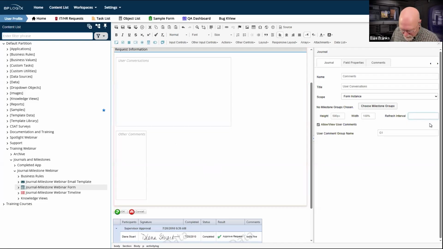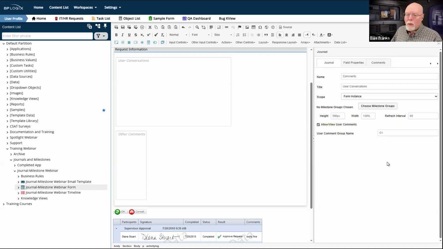So let's say I set it to do it every 60 seconds. And even that might be quicker than I need, but every 60 seconds, what's going to happen is it's going to go out and do a poll and look at all of the other form instances. So in our example, the other 5 form instances, it's going to look for any new comments that have been made.